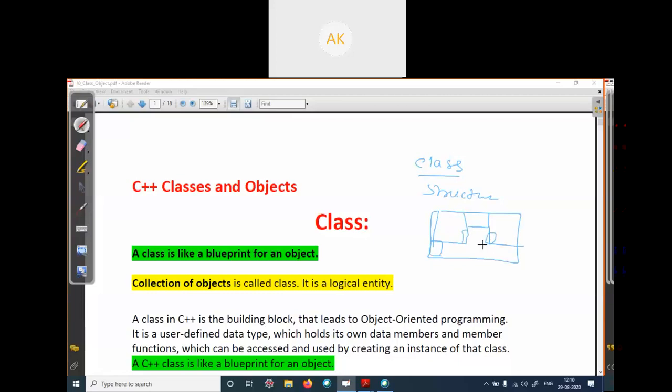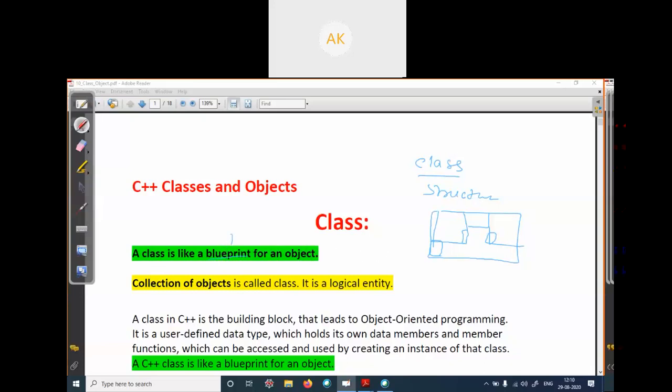Means you are defining the structure of your home before actually building the house. So class is just defining the overall structure. The class is a blueprint for an object. The home which is going to be built is the object, and the naksha or the structure we define before building is the blueprint.